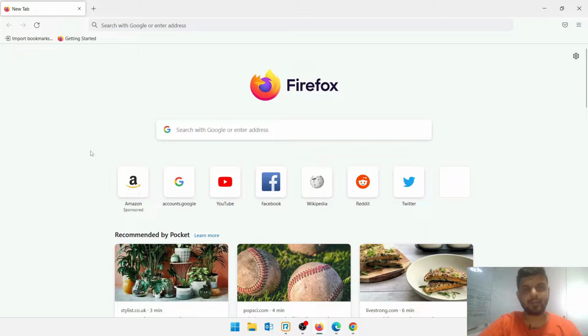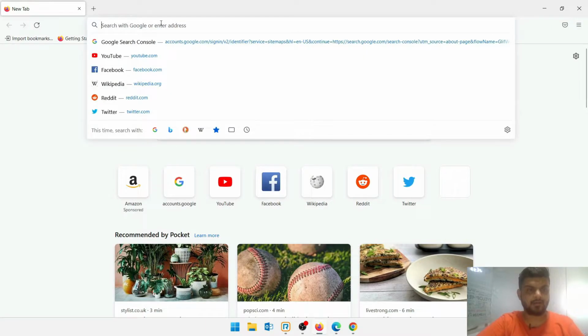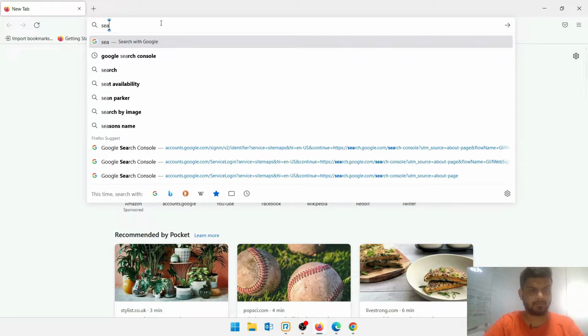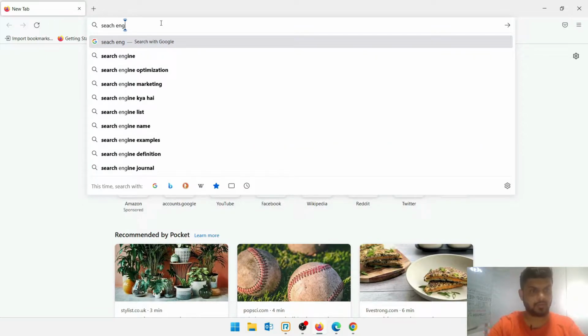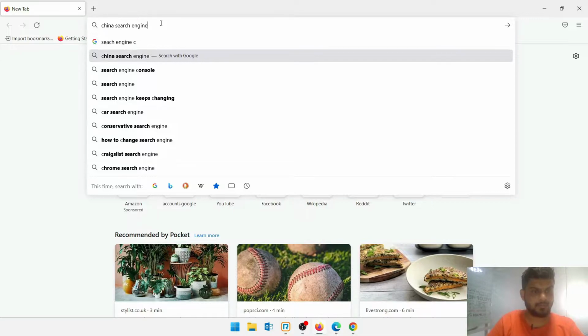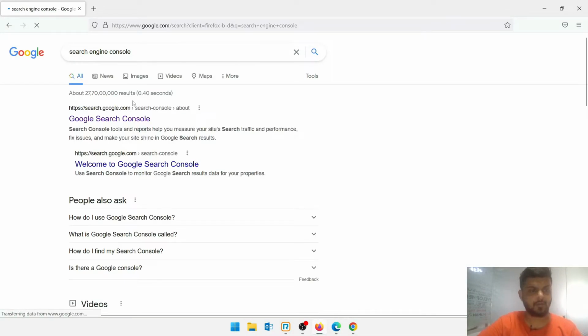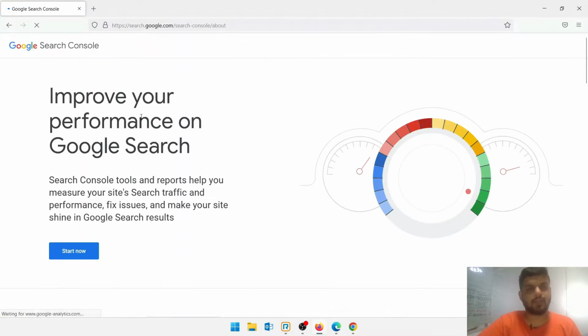Hi guys. I'll be guiding you step by step on how we can access Search Console. As you can see on my screen, I've opened Firefox, and you can open any search engine. I'll directly search for search engine console. Here we go. As you can see, it's Google Search Console and you have to click on Start